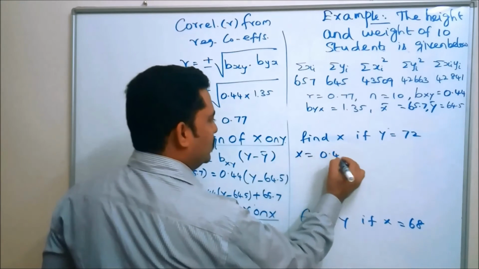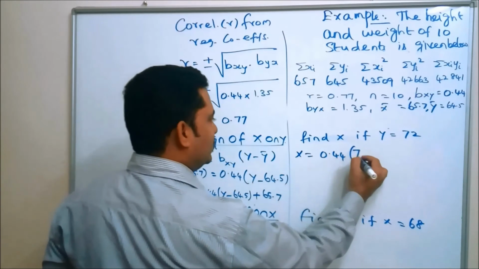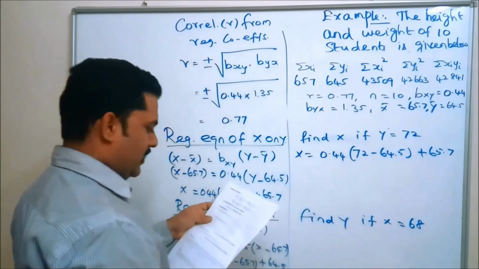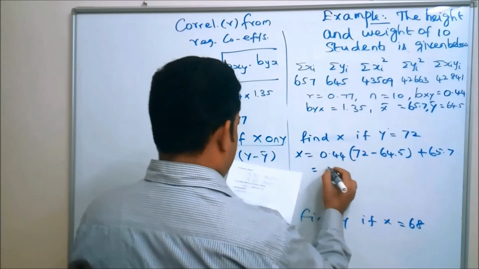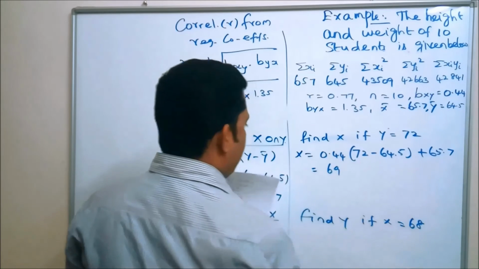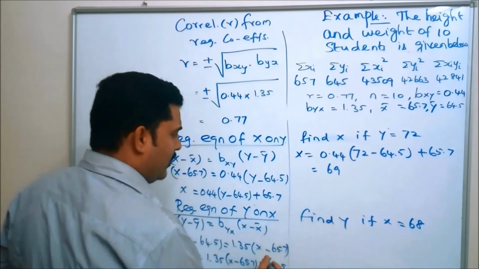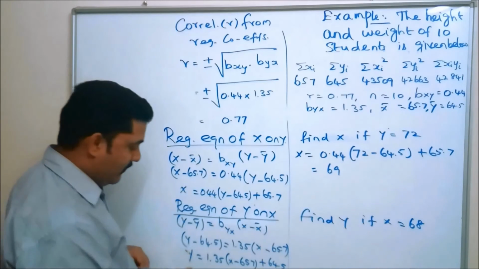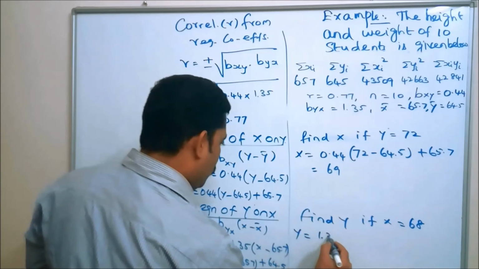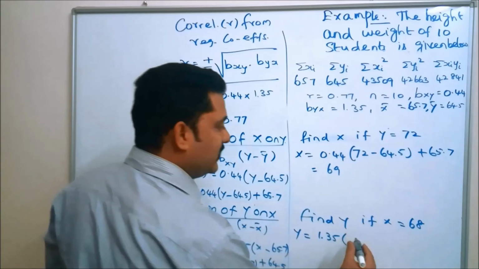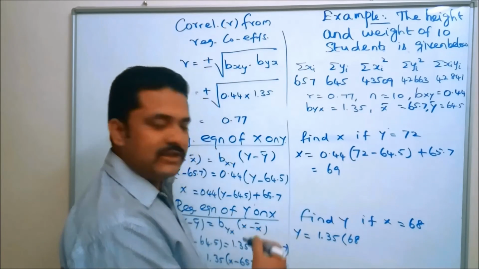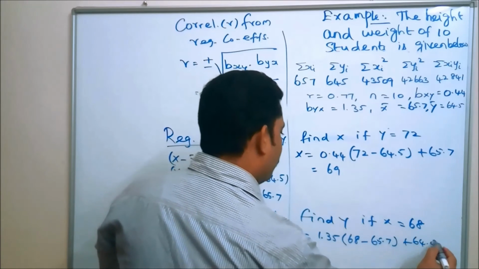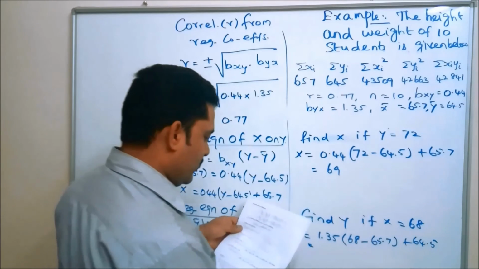So x is equal to 0.44 into, in place of y it is 72 minus 64.5, plus 65.7, in which we will be getting around 69. And the value of y if x is equal to 68: substitute in the y value equation. So y is equal to 1.35 into, in place of x it is 68 minus 65.7, plus 64.5, from which you will be getting around